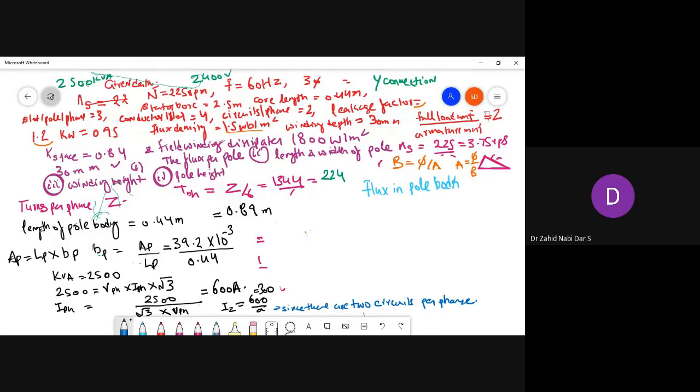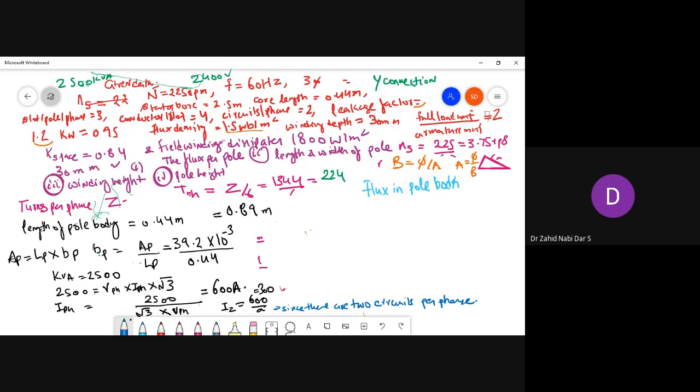Okay, so now armature mmf per pole would depend upon the factors, that is your current, and the other factors that you have calculated: slots per pole per phase, that is your T phase, your winding factor, and the number of poles. So the total armature mmf per phase would be equal to, so that you have known, that would be equal to